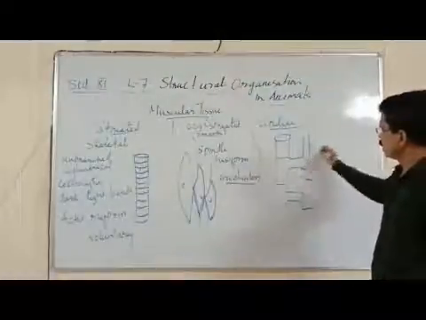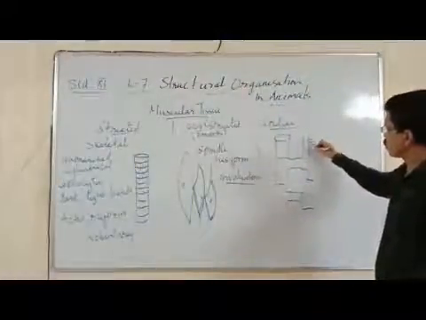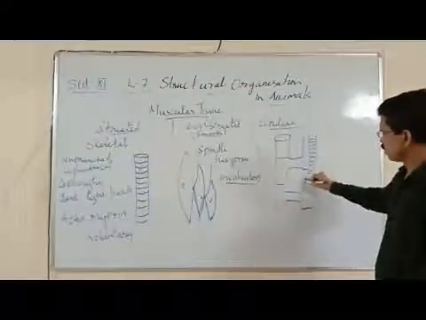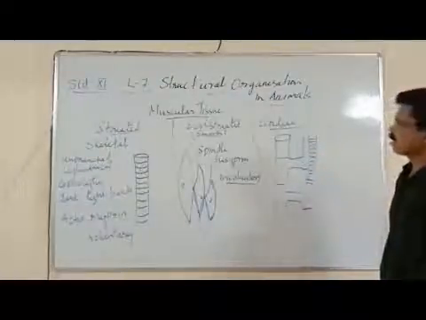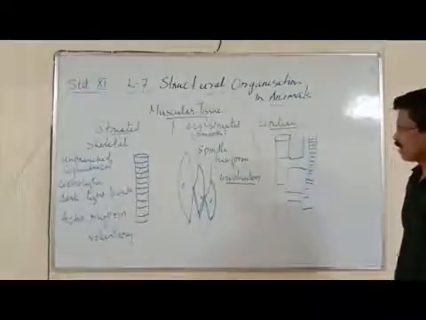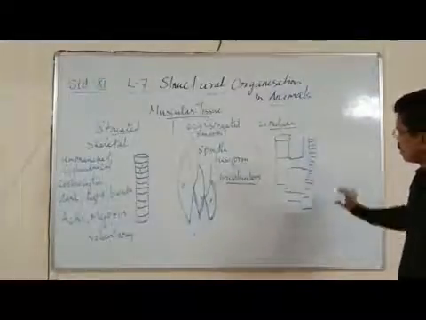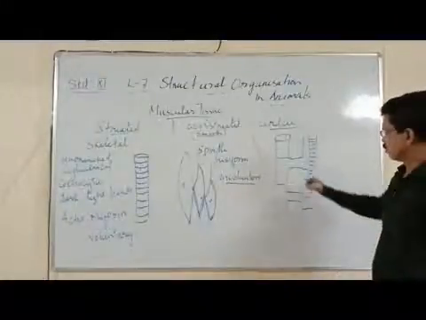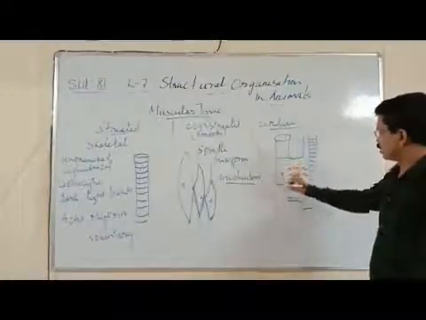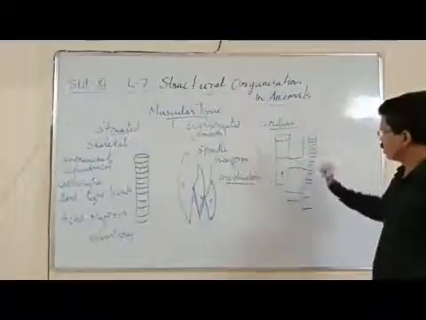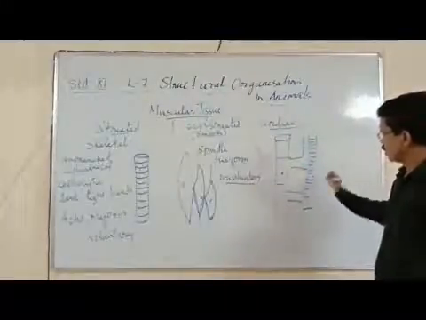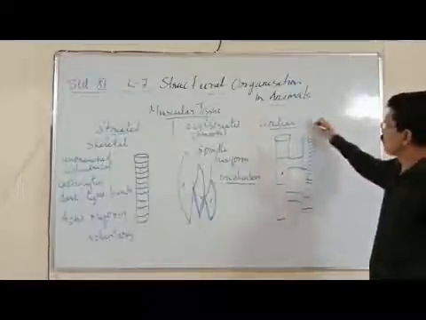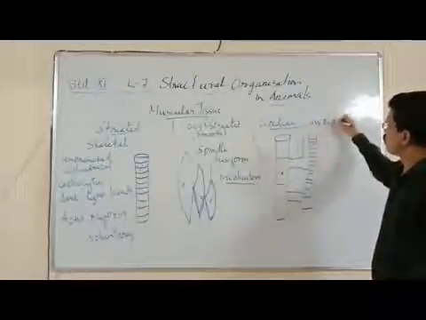Here it is uninucleate. You can see light striations, but they are not called striated muscles, as the striations are not clear, unlike the striated muscles where the bands are very clear. In cardiac muscles, the striations are very light. They are unicellular, having a single cell, branched, cylindrical, without clear striations. These muscles are involuntary muscles found in the heart.